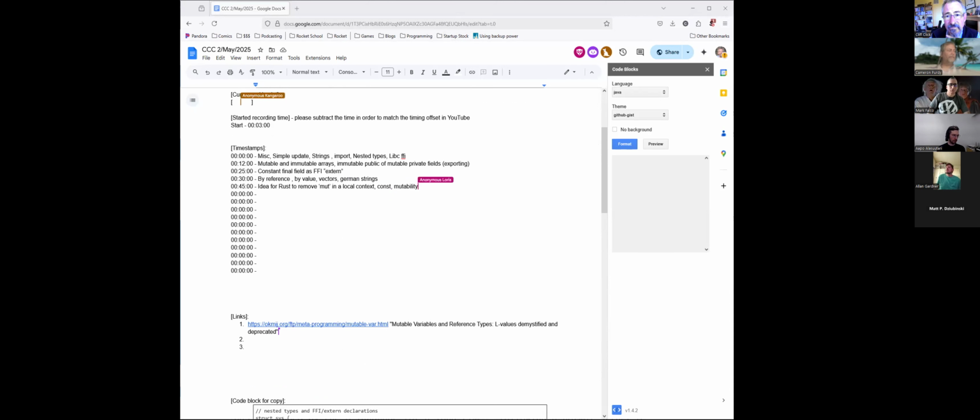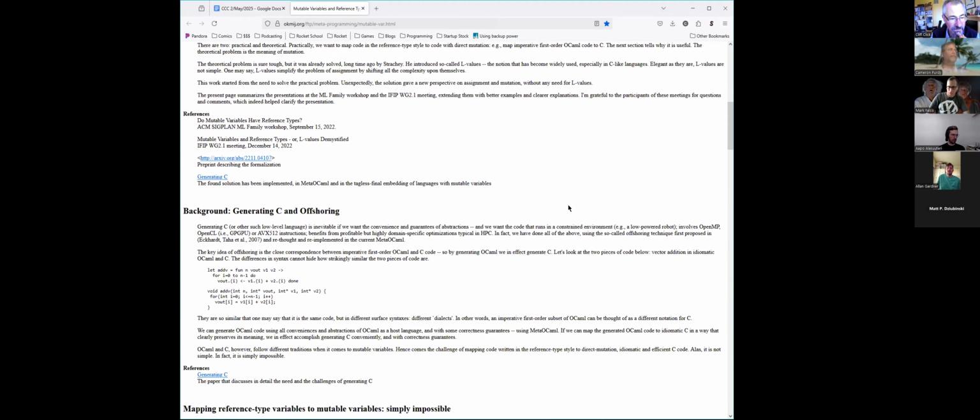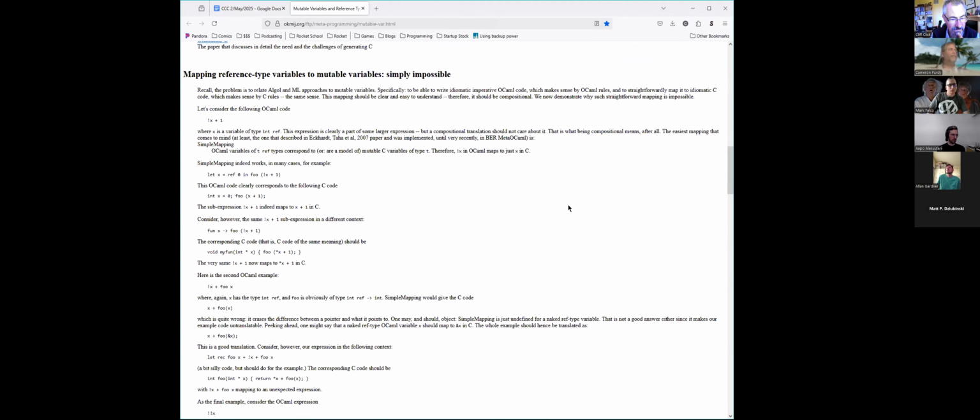One is sort of Fortran and Algol, where pretty much everything is a mutable variable. All the values are stored in mutable variables, and then you can take their address, and you can also declare them const. In contrast, in the ML and Haskell tradition, everything is immutable by default. And if you want it to be mutable, you put it in an explicit reference type, and then you can mutate the reference type through special operations.